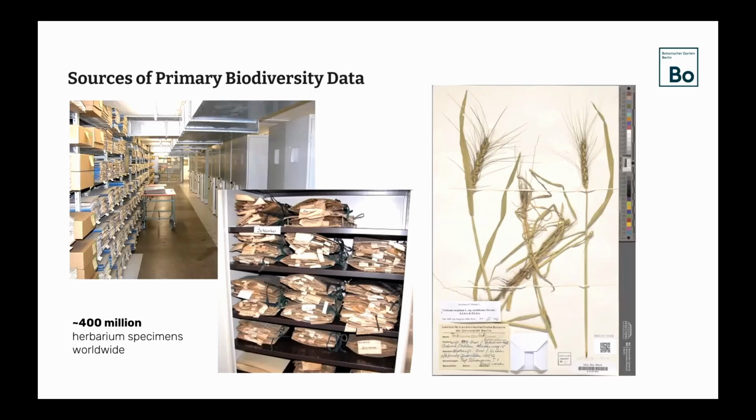You can see the label. Often, if it's a historical specimen, they're handwritten, so it's pretty difficult to identify their handwriting. But with newer ones, it's typed or printed labels. As with most collections, the herbarium in Berlin is growing. It's about 30 or 40,000 specimens per year that are added to the collection. It's a constantly growing set of biodiversity data. Of course, we have